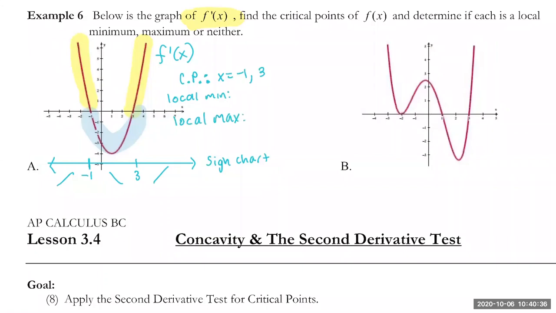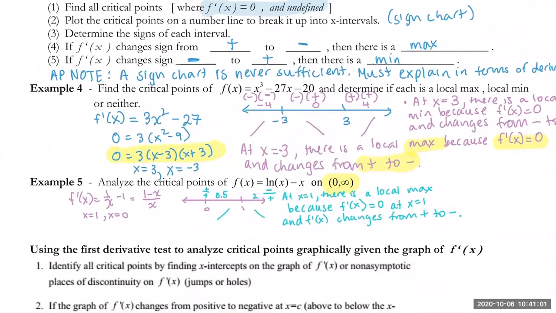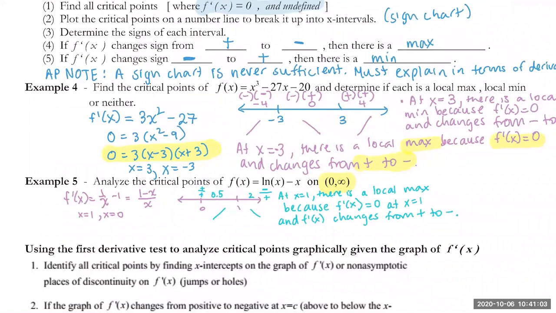One other thing I'm going to mention: this just says find the critical points and whether it's a max or a min. So we're just giving general information about where it occurs. What I want to emphasize is that if they actually ask you for min and max values, you would then plug it back into the original function. Here we don't have the original function. However, in the previous examples, had they asked for the maximum value or minimum value,